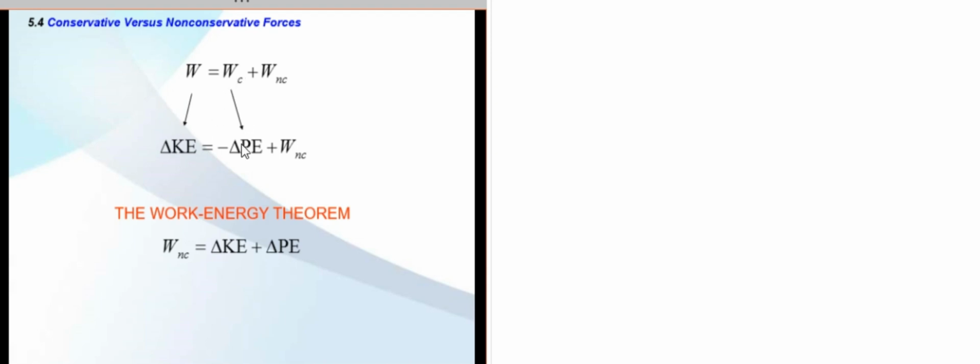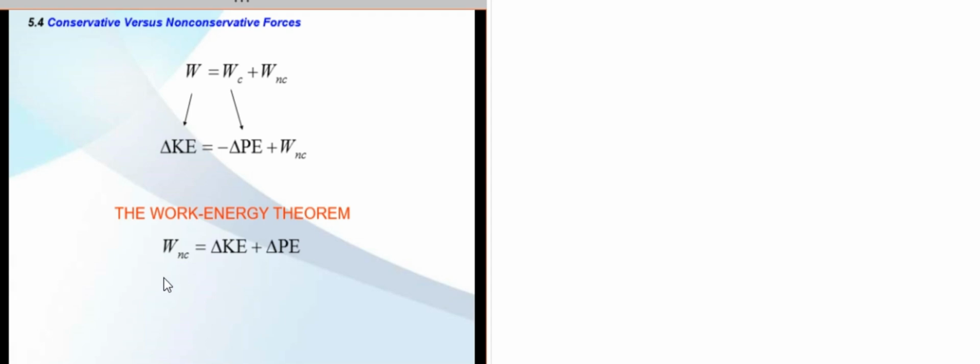The work of the conservative force is the negative delta of potential energy, a negative change of potential energy, plus the work done by the non-conservative force. If we rearrange the equation, we can find the work of the non-conservative force, which is the work-energy theorem. So if we transfer the change in potential energy,